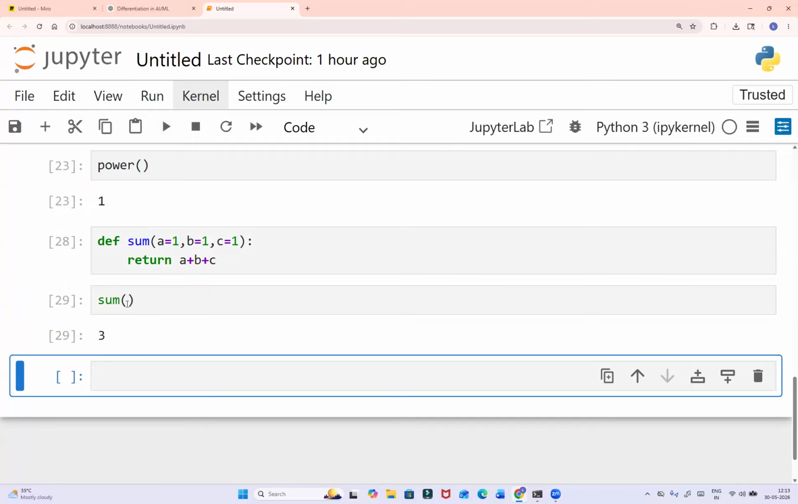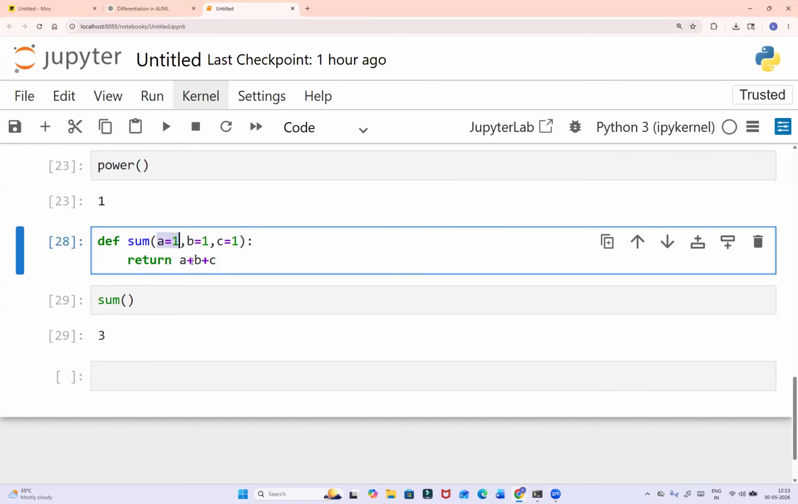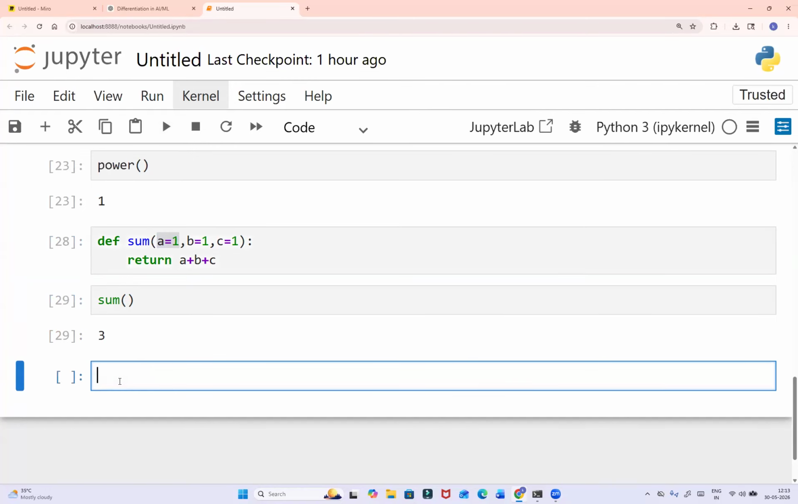So here A, B, C all are missing. So by default values are assigned to A, B, and C. So 1 plus 1 plus 1, 3 is printing. Suppose I am giving one value. Sum, I'm giving 1 is assigned, right? I'm giving 2. So ideally what will happen? This 2 will go to first argument, A, and B and C are missing, right? So it will be 2 plus 1 plus 1. 4 should be coming,